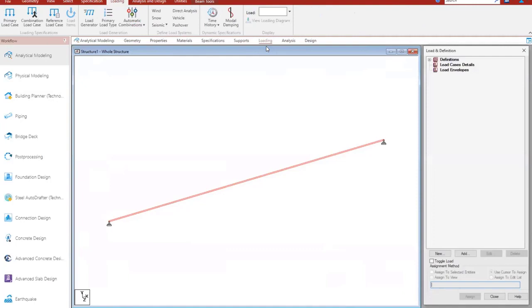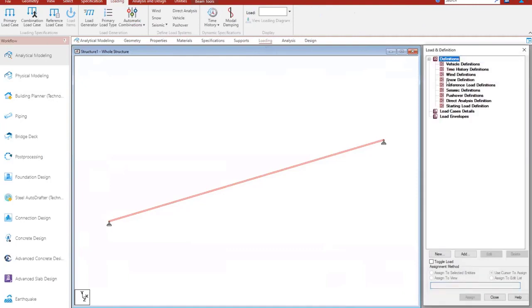Then we go to the loading. Loading is again very easy. There are definitions available. The most used amongst these is the vehicle definition. So you can define what kind of vehicle and all, but I'll not go into it. It might take some more time. Okay. So load case detail, here you add